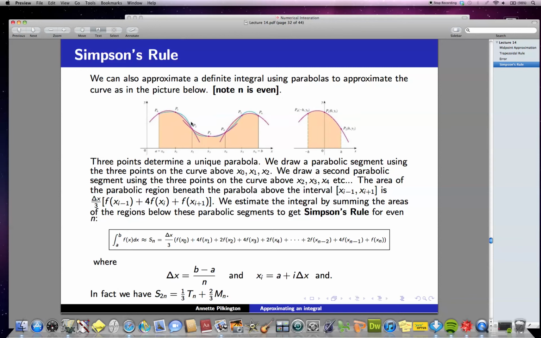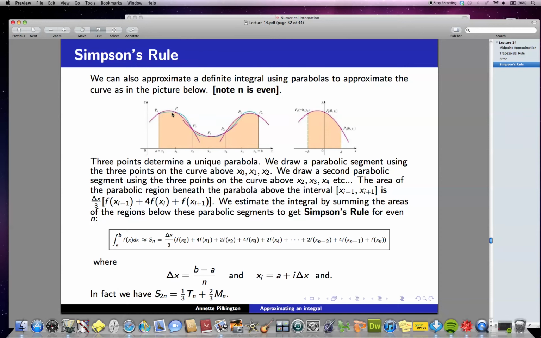Given any 3 points in the plane, there's a unique parabola which passes through those points. So what we do is, if I want to estimate the integral from a to b of f of x dx, and in this case f is positive, so it's just the area under the curve, I divide that interval up into an even number of parts. So here n is even, and for each 2 consecutive subintervals, I take the point on the curve